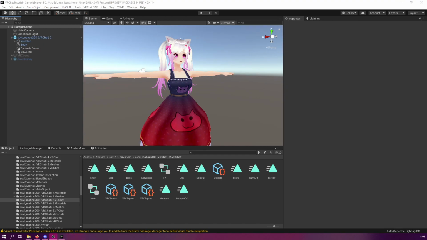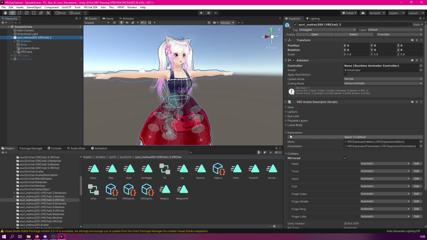With VRChat, we have to do something quite similar to VSeeFace. So if you are already familiar in how to do VRChat animations, then this will be relatively simple to you. Today, however, we will not really go that much into the animation basics of VRChat, so I recommend you check out other tutorials if you don't really know how to create animations. Anyway, the basics on how to set this system up is that once you have your VRChat avatar in Unity,